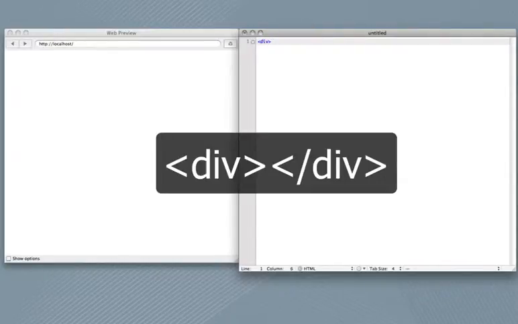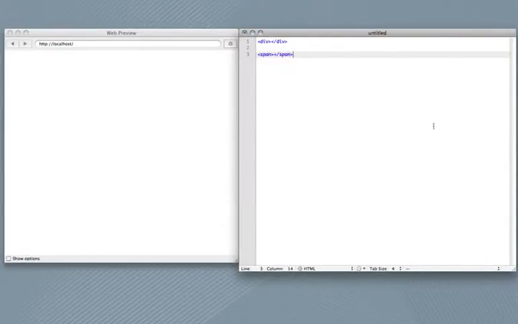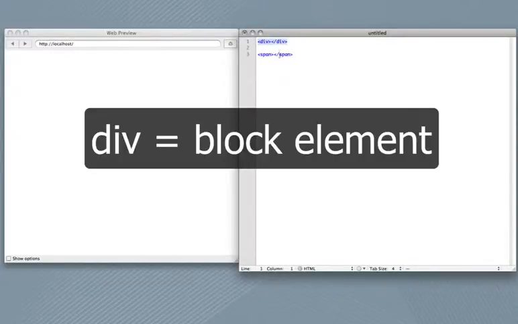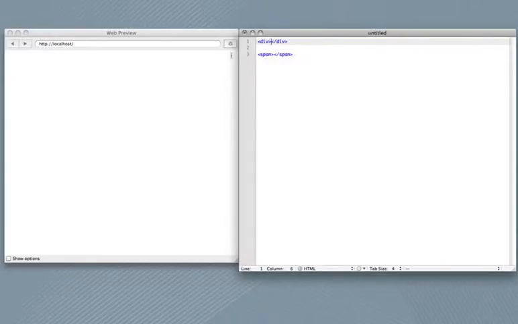And one is called the div, which I'm going to go ahead and open that and close that. The div and the span. There. So the div is a block element, and the span is an inline element. Once again, block meaning that it fills up all the empty space, pushes things over to the next line. Span is inline, meaning you can put them all next to each other and they'll just keep going on forever